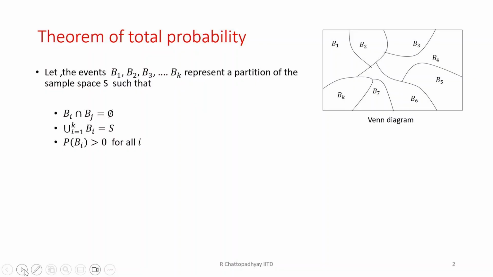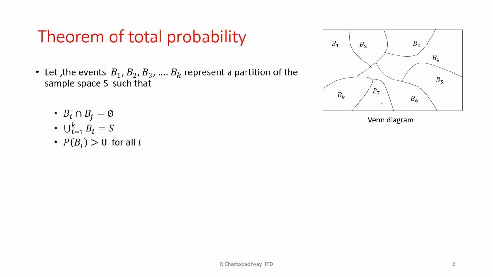In this Venn diagram, let B1, B2, B3, B4, B5, B6, B7 up to Bk represent different events, and they are part of the sample space,